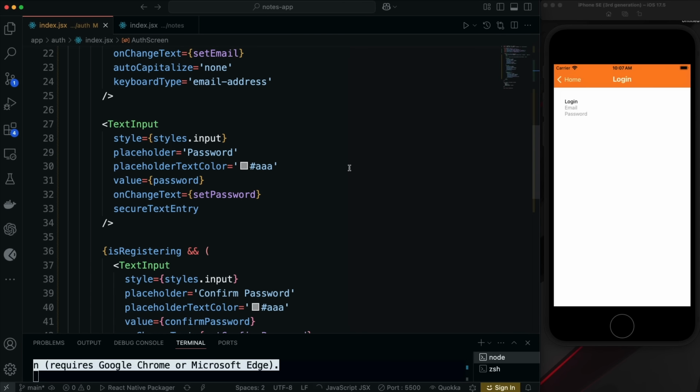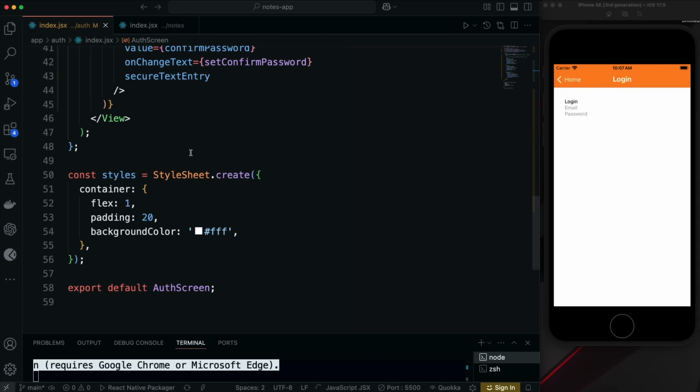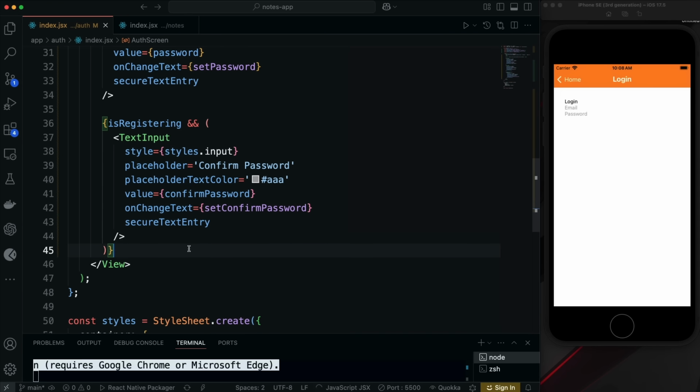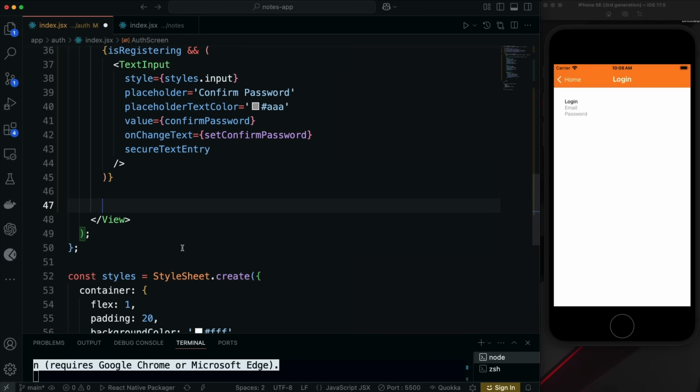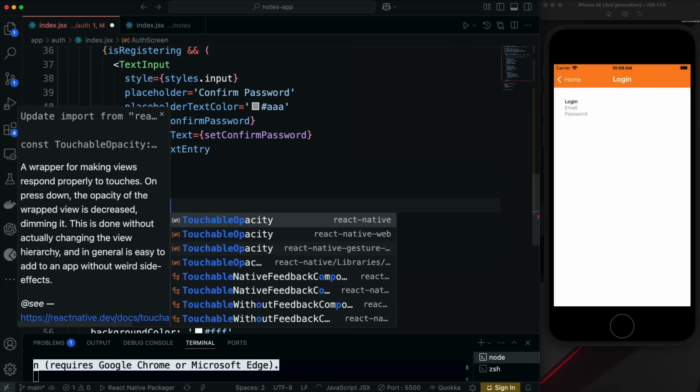Now we want to have our button. Basically we'll have a button that will say login or sign up, and we're also going to have some text. If we're registering, it should say already have an account. If we're logging in, it should say don't have an account, and it should have a link to either register or log in. So let's go underneath the isRegistering that we just did, and let's add a TouchableOpacity,